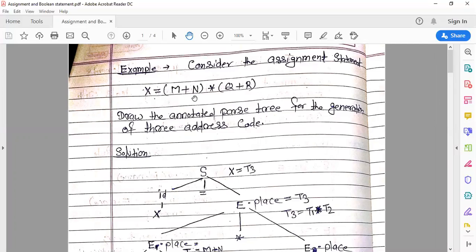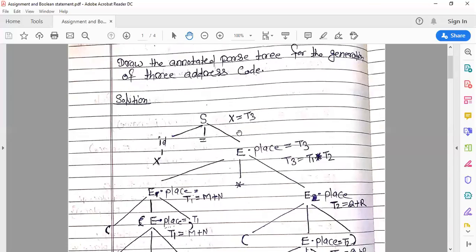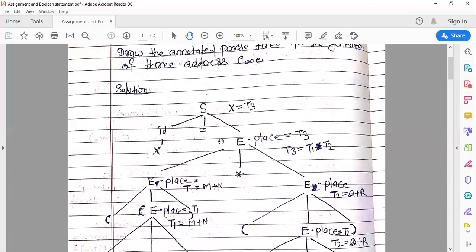Like x is equal to m plus n star q plus r. Here this is the multiplication. For this example we have to make the annotated parse tree and convert it into the three address code. For the assignment statement we have the SDT, grammar plus semantic rules, and with the help of the grammar we constructed this annotated parse tree.